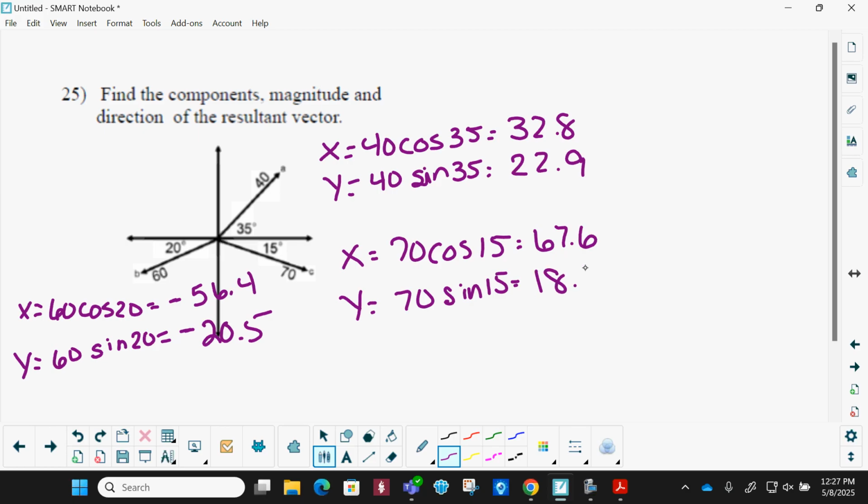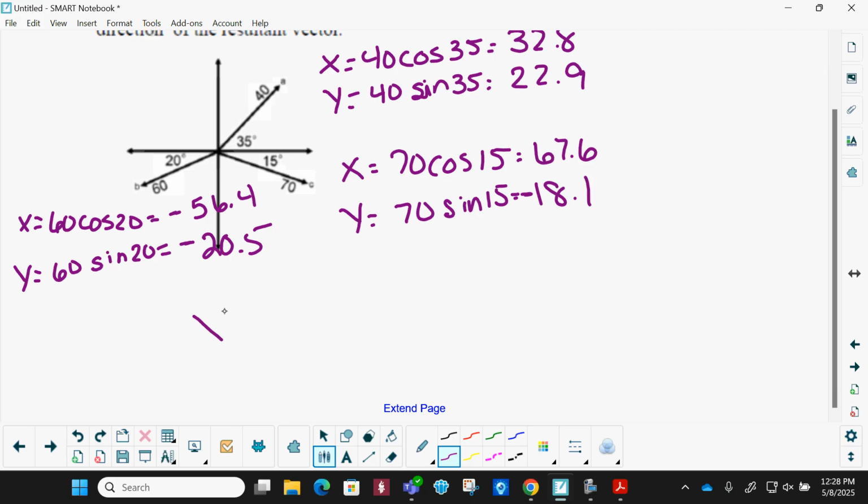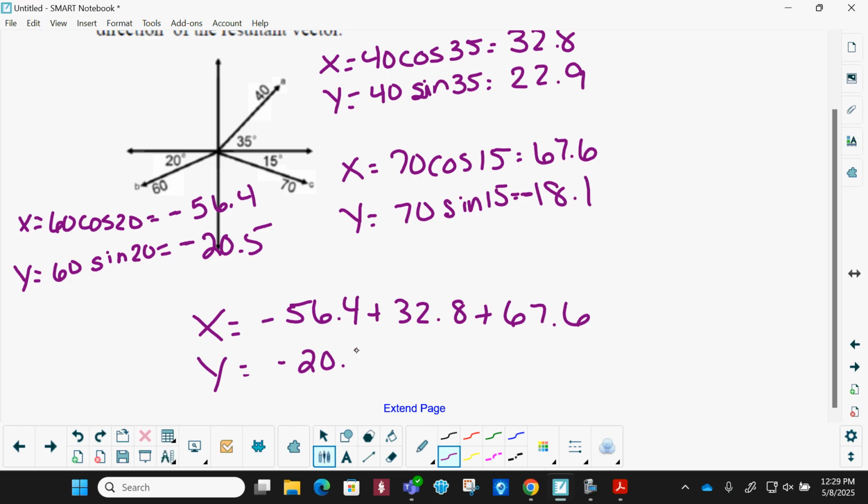And 18.1. Ooh, and I forgot we were in quadrant 4, so my y value here needs to be negative. Okay, so now what we're going to do is add all my x's. So negative 56.4 plus 32.8 plus 67.6. We're going to do the same thing to our y's. Negative 18.1. So negative